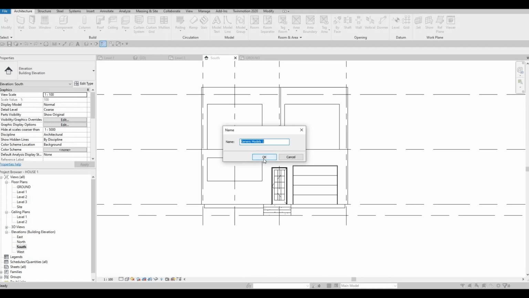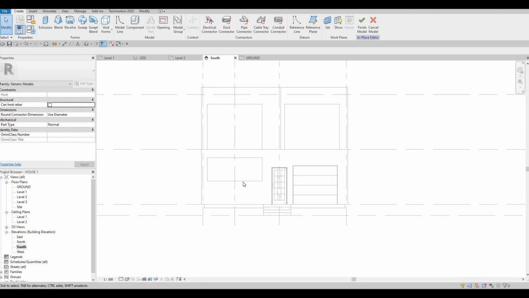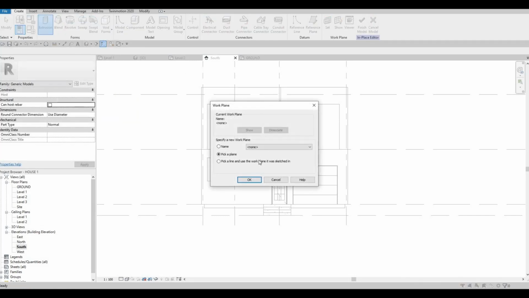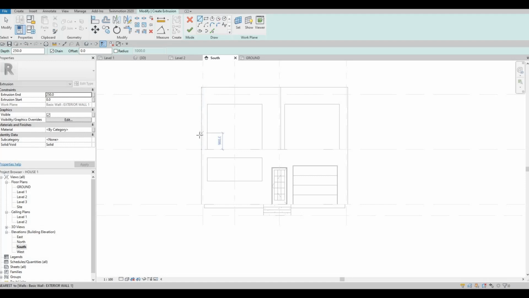Now it's the time where we're going to design this area or this front facade, and we're going to use extrusion. And then we're going to pick a plane. It asks us to pick a plane, and then we're going to use this plane right here. And then from this plane,